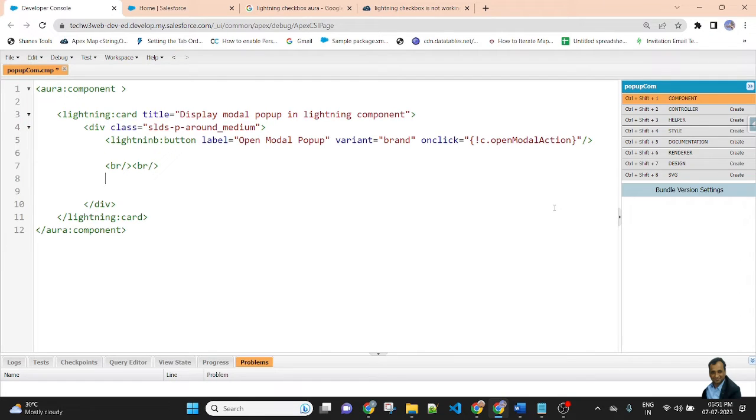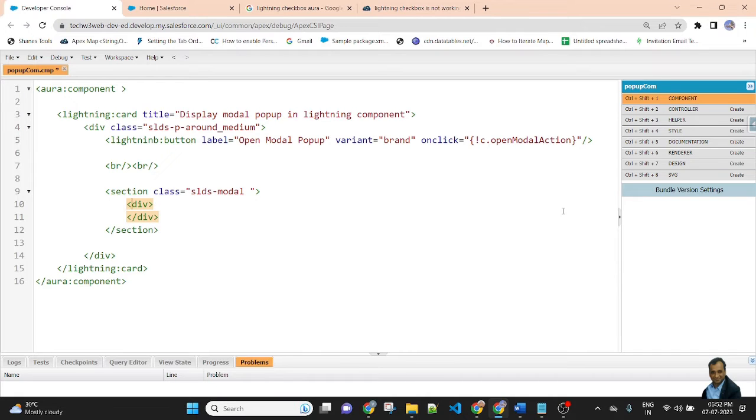Create a section for the modal container, and here add the class SLDS-modal. Inside the section, create a div and pass the class name SLDS-modal__container.